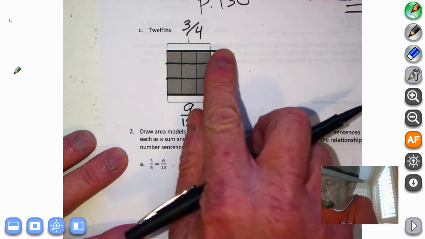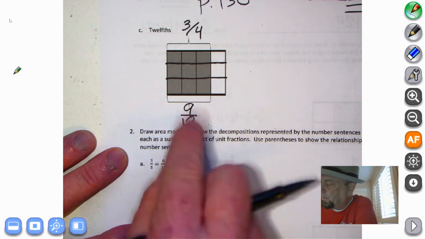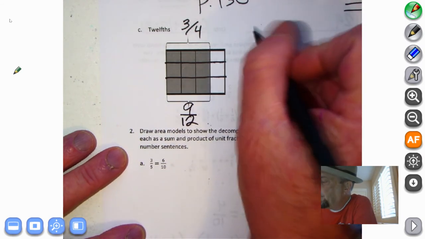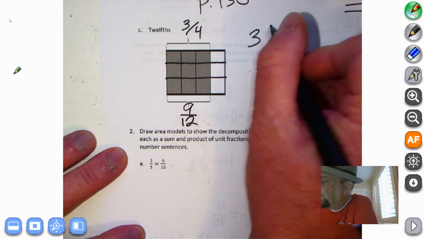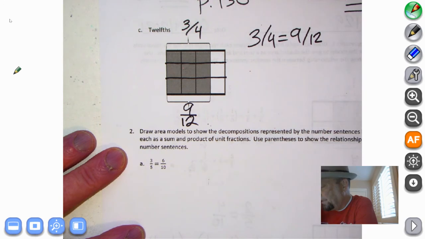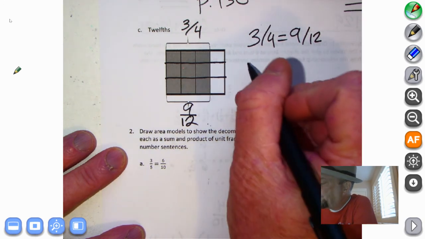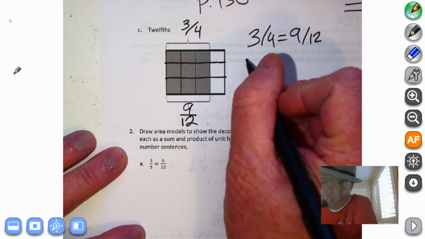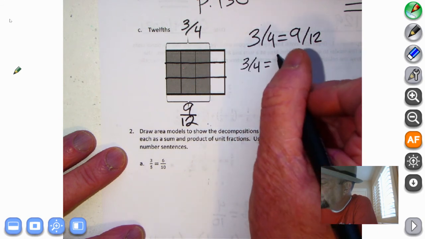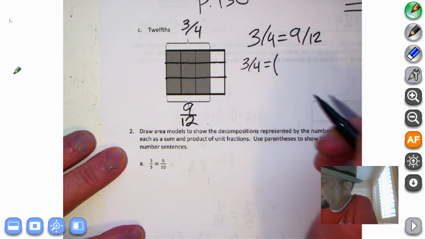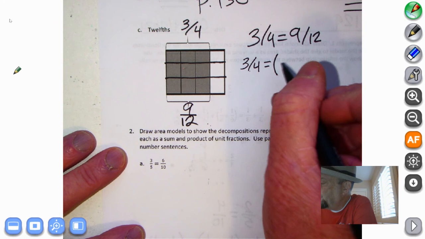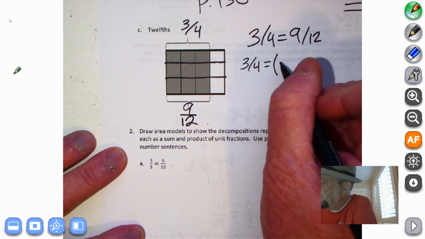We saw that 3/4 was this much. It's still this much. It's just smaller pieces, and it's 9/12. So let's go ahead right over here. 3/4. I'll do it that way so you're kind of used to that, because sometimes that's how we see it. Equals 9/12. And 3/4 equals, parentheses. Well, that's going to be kind of a long-winded one. Yes, it will be